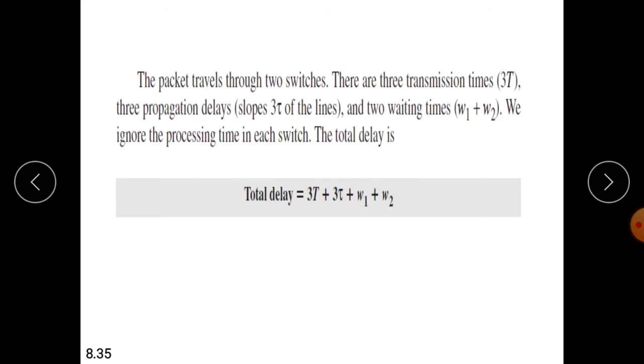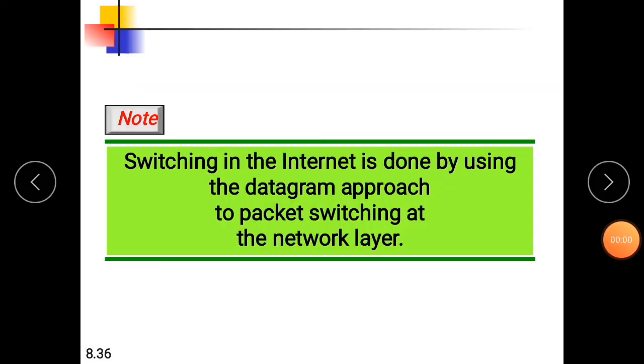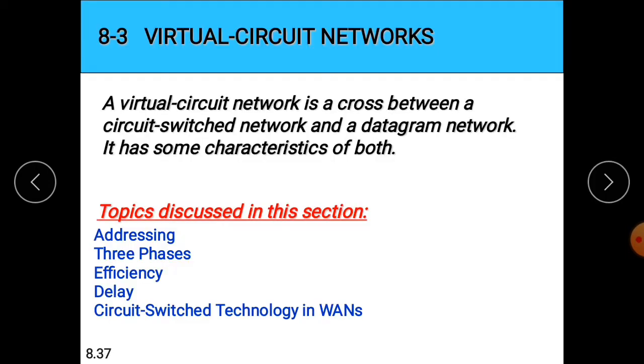The delay will be 3t, 3 times transmission time, plus 3 times propagation delay and 2 waiting times, that is one at router 1, the other one at router 2. Switching in the internet is done by using the datagram approach to packet switching at the network layer.